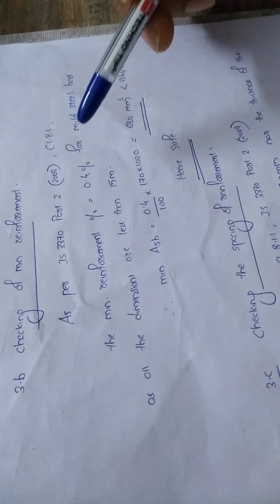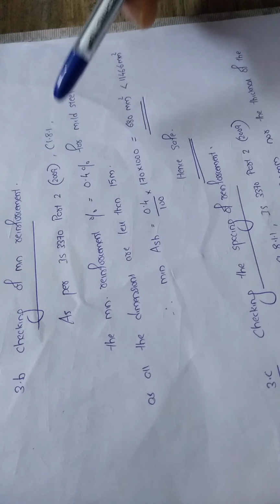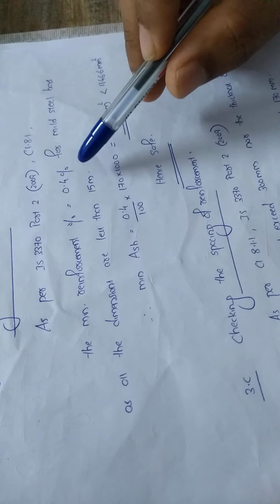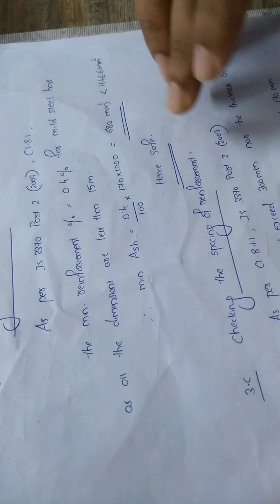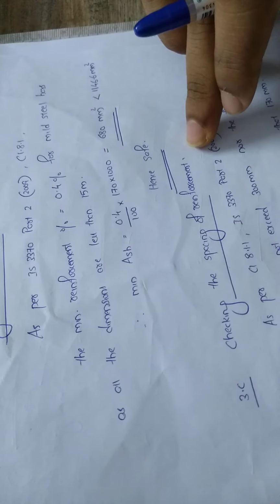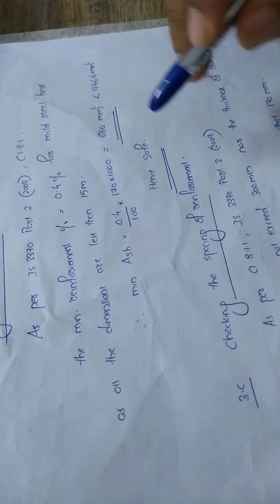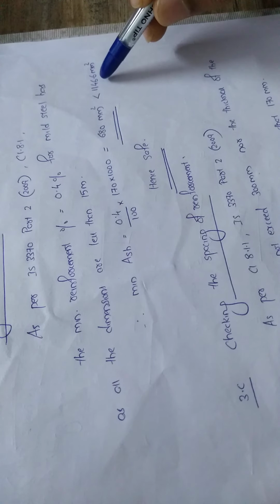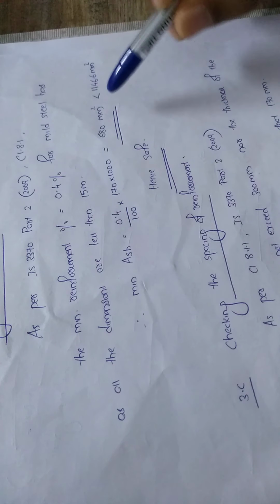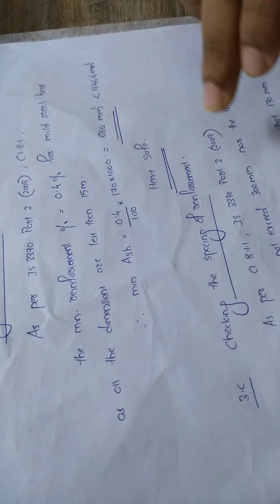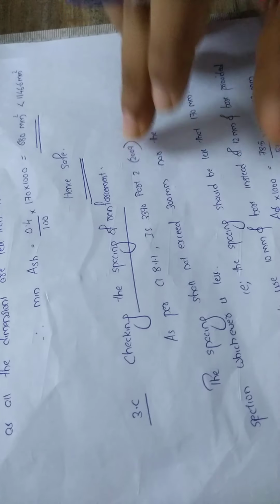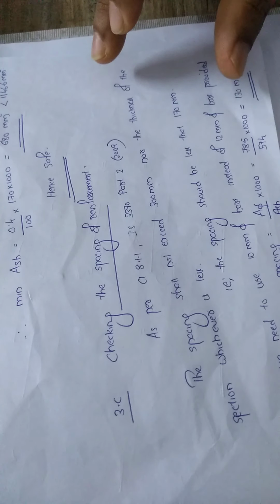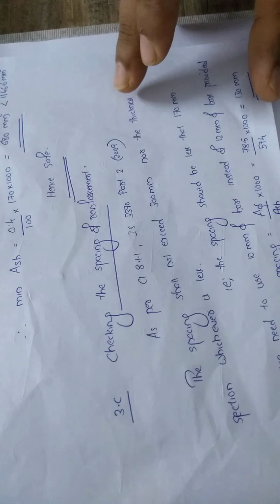The minimum reinforcement criteria as per clause 8.1 of 3370 part 2, we know that it is 0.4% for mild steel bar, and as all the dimensions are less than 15 meter, the minimum ASH we are getting is 680 mm squared, and it is far less than 1146 mm squared that we have got, hence it is safe. Checking the spacing of the reinforcement, again in the same clause 8.1.1, the spacing shall not exceed